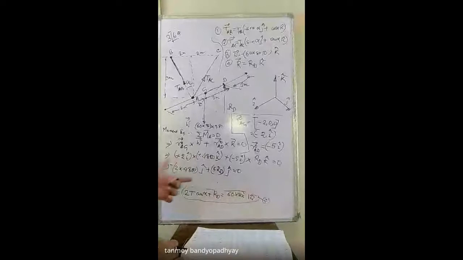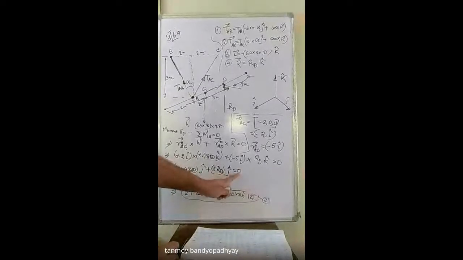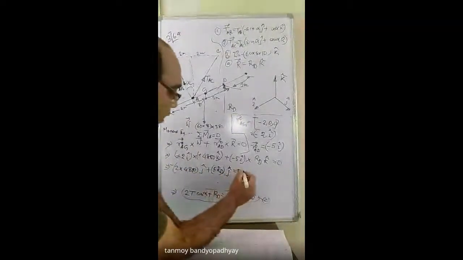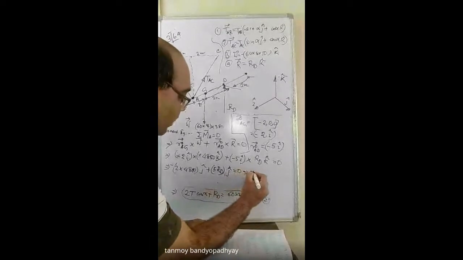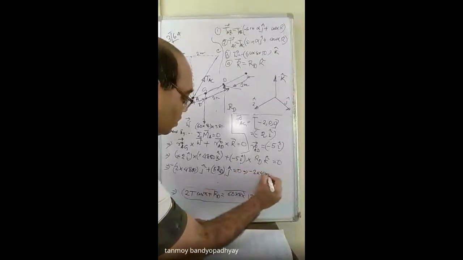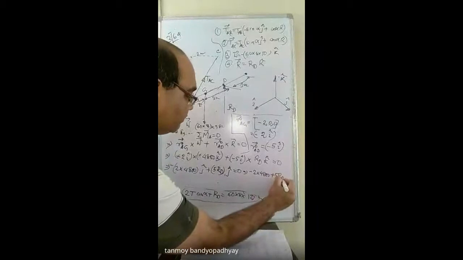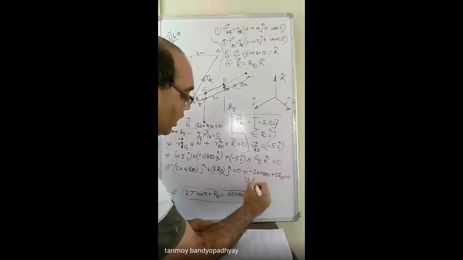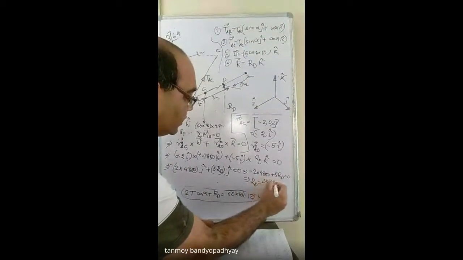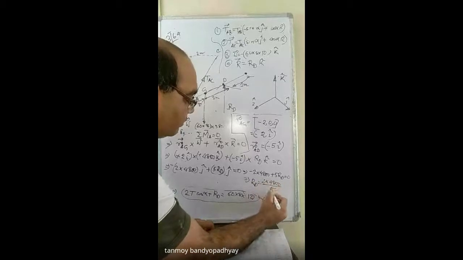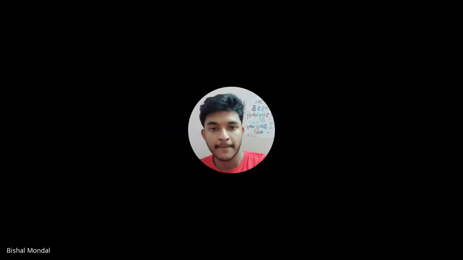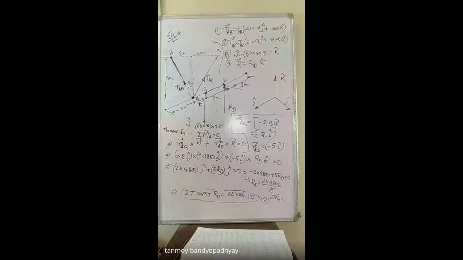So here only one equation we are getting. Putting 0 I plus 0 J, this one will have minus 2 into 4800 plus 5 RD equal to 0. So RD is equal to 2 into 4800 divided by 5. Just calculate that, that is the value of RD you are getting. So 1920. 1920.